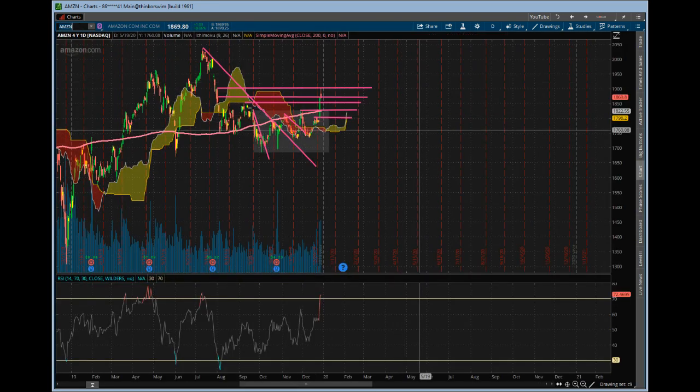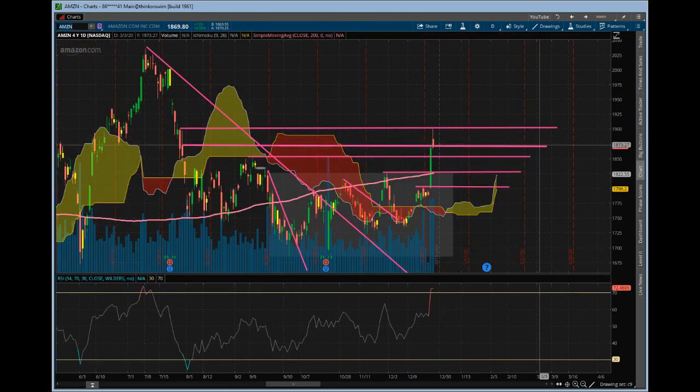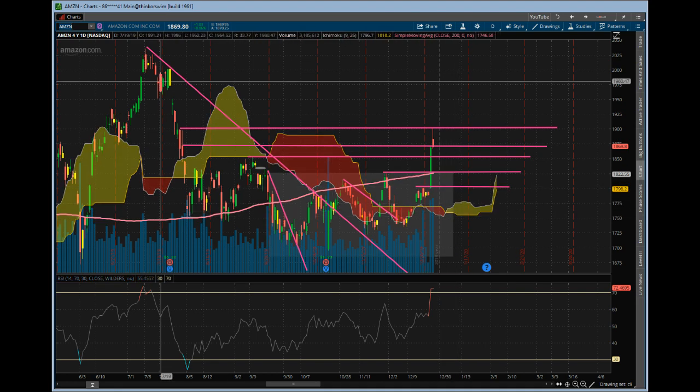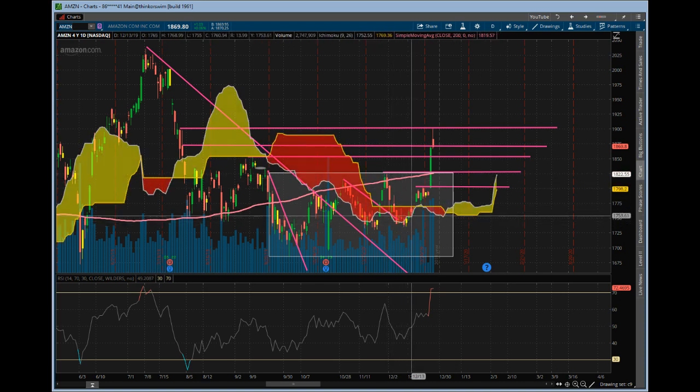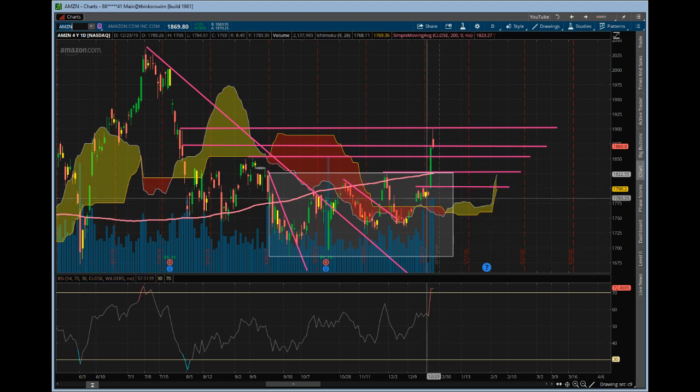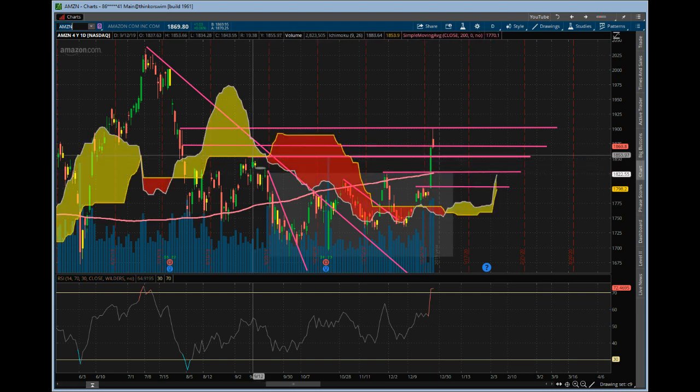Amazon, pretty amazing stuff, right? We analyzed this pretty well the other day, and one of the important things was that we had this macro downward trend line right here, and that formed a trend box. We had these tweezer tops off of the 200-day moving average, it rejected the 200-day moving average, came back down to the cloud, got its way back up, consolidated a little bit, and then on Thursday gave an amazing move, pushed through those prior resistance levels all the way up to the 200-day moving average. It paused at this level a little bit intraday, and then thrust above that to get to this next pivot level right here,